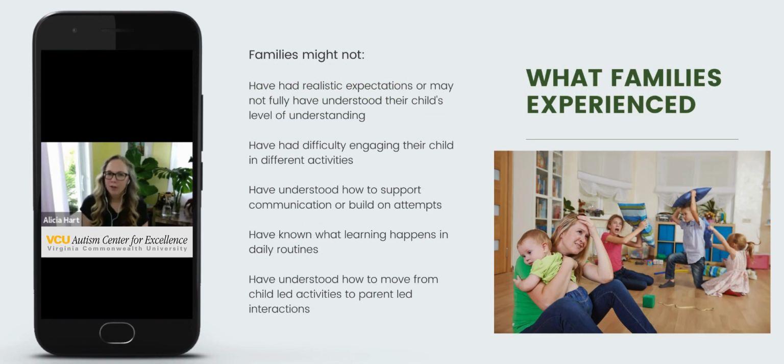So what did the family experience? We just talked about what the child experienced, but what did the family experience in all of this? Honestly, as a parent, I can tell you there have been times that I've had really high expectations for my son, and there have been times when I've had really low expectations. And so there may be situations this past spring where families didn't really understand what the realistic expectation might have been, or they may not have had a really good understanding of their child's level of ability or understanding for